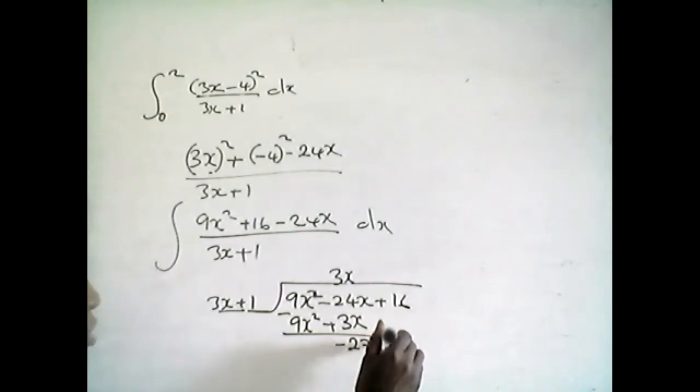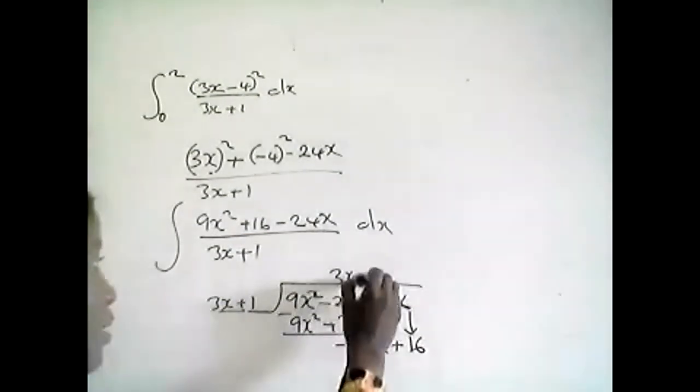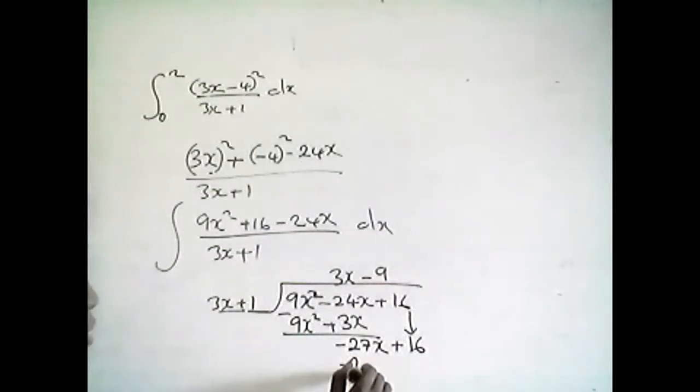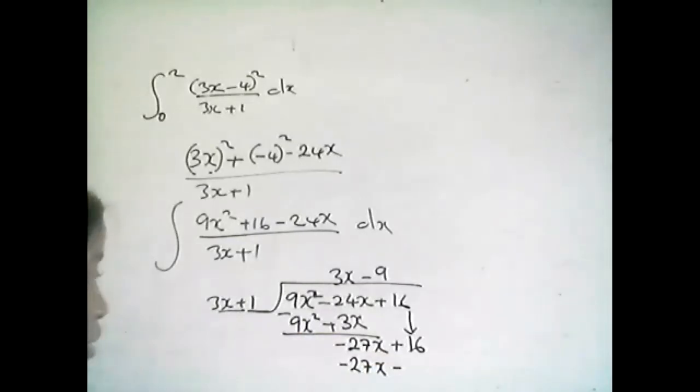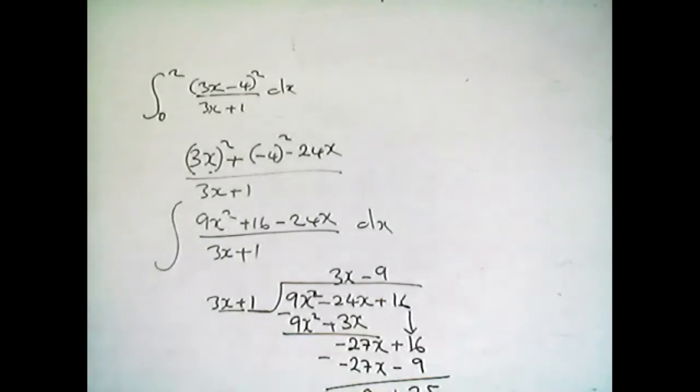I'll bring down the 16. Then negative 27x divided by 3x is negative 9. Negative 9 multiplied by 3x gives negative 27x, and multiplied by 1 gives minus 9. Subtracting, this will be 0, and then this will be plus 25. So now,